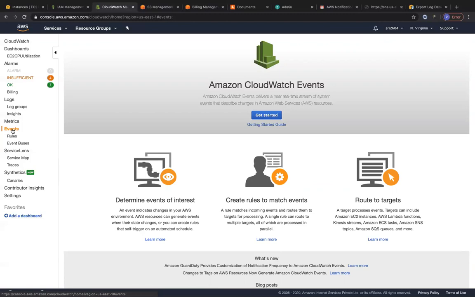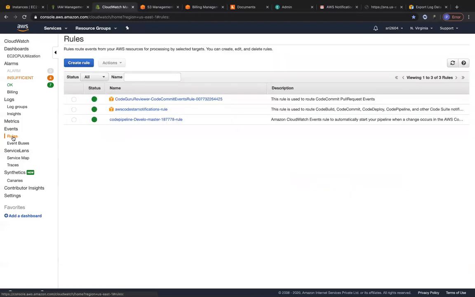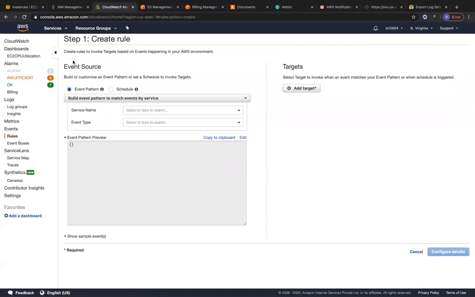So one small thing that I'm going to show you today is, suppose a person creates an S3 bucket in this account, I would like an event to be triggered to go ahead and send out an email notification to an SNS topic, right? So let's go to events and let's go to rules. So as the name events suggests, how events work is, if suppose there is an event in your AWS account, you can go ahead and respond to that event by triggering something else, right? So let's create a rule over here. So you can see over here, we have some event pattern and we also have a schedule.